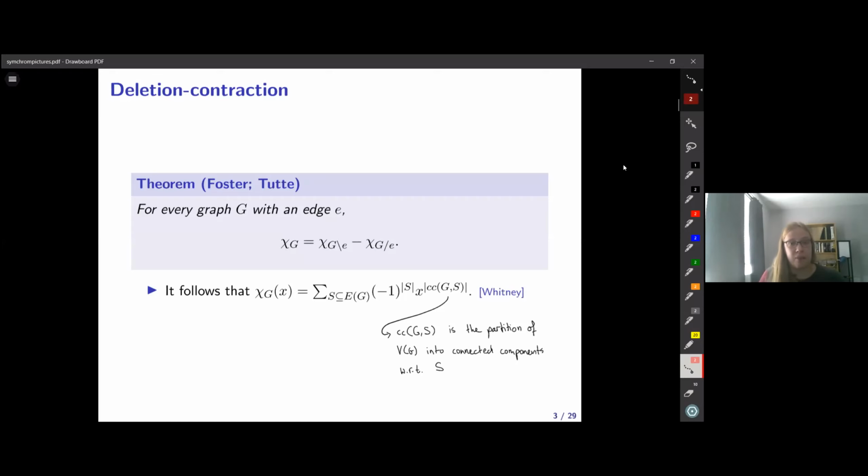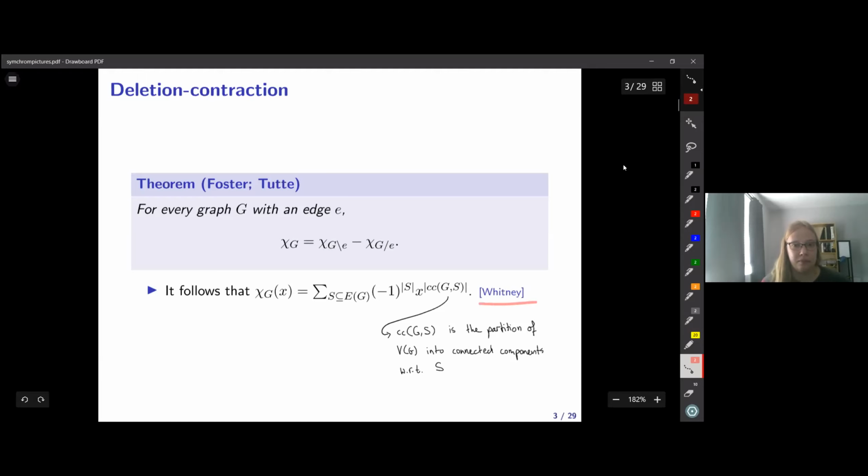And this could be used to show that the thing is a polynomial, right? Because if you do it for every edge in the graph, it runs out of edges. And what you're left with is just a stable set. And on the stable set, it's just x to the power of the size of the stable set, which gives us